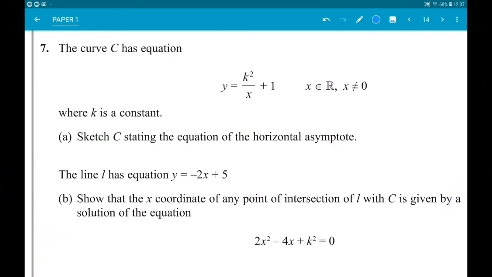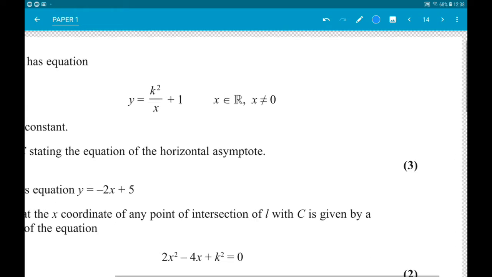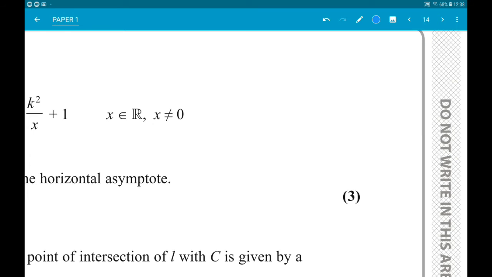Given number 7, the curve C has equation y is k squared over x add 1, where x is in the reals not equal to 0 and k is a constant. Part A, sketch C, stating the equation of the horizontal asymptote. So, this is just a transformation of 1 over x. Now the k squared doesn't do much. Now 1 over x roughly